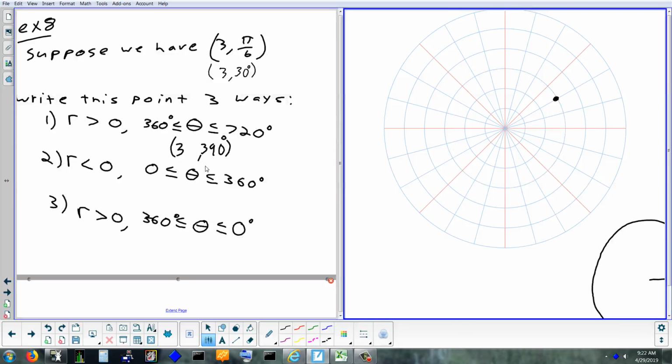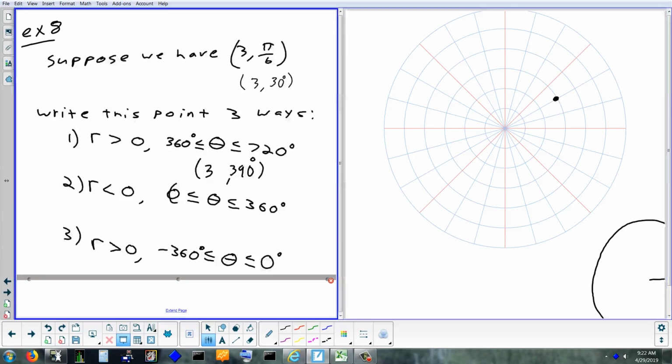Let's take a look at the second way. This time they want r to be less than 0. Well, if r is going to be negative, you only have one choice. What does r have to be if it's going to be a negative number? It's got to be negative 3. If it's not negative 3, you're not going to be on the third circle. So, starting from here,